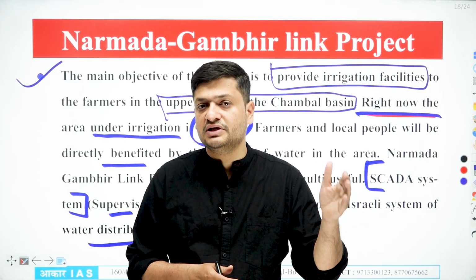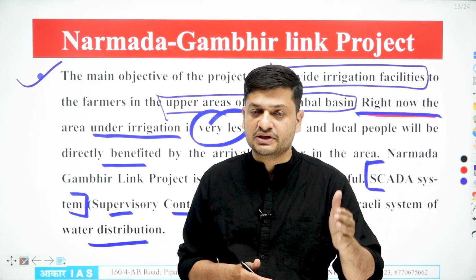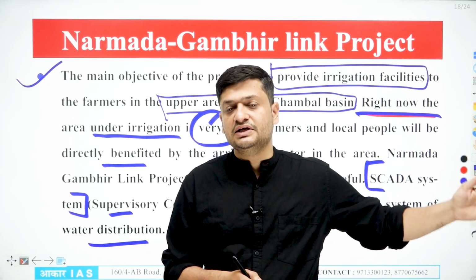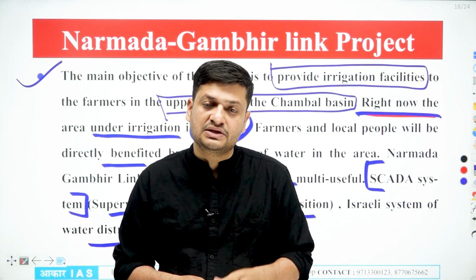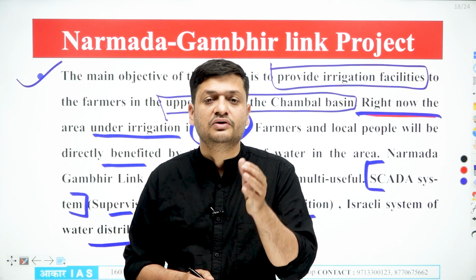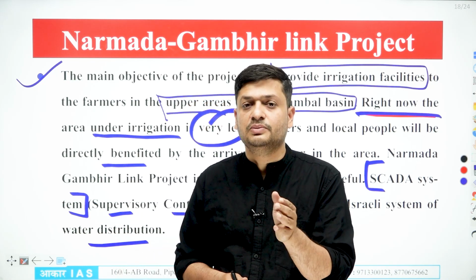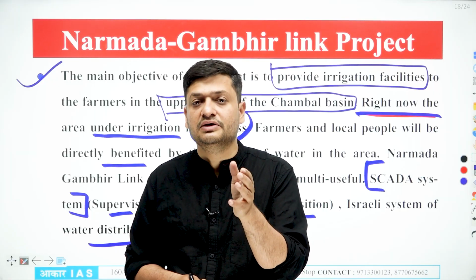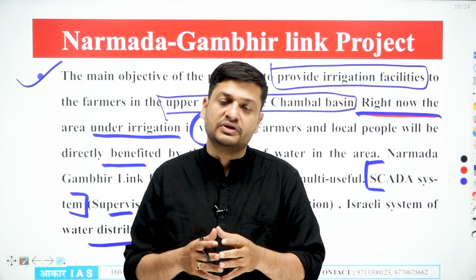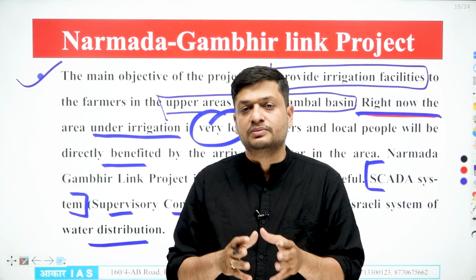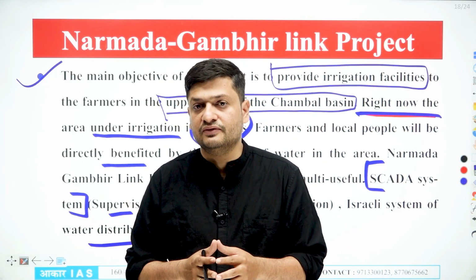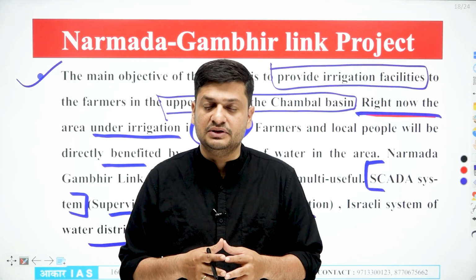If a question has been asked about the Narmada Gambhir irrigation project, the Narmada Gambhir river link project, or the Narmada Gambhir lift irrigation project, you have to first mention the need of the project. You have to explain how the river is important, and what the facts about the Gambhir river are. Then you have to explain how the water has been linked and what the benefits from this river